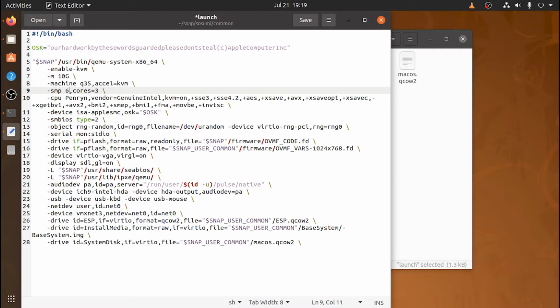If I try to give 6 threads here, then my root machine wouldn't be able to run the virtual machine. I tried to change it from here to 3 cores and 6 threads, and that's why my machine didn't run. But if you have enough cores and threads, you can try shuffling these two. You can shuffle this RAM and core, and try starting your macOS. If that starts successfully, then you are good to go, and if that doesn't happen successfully, then you can simply